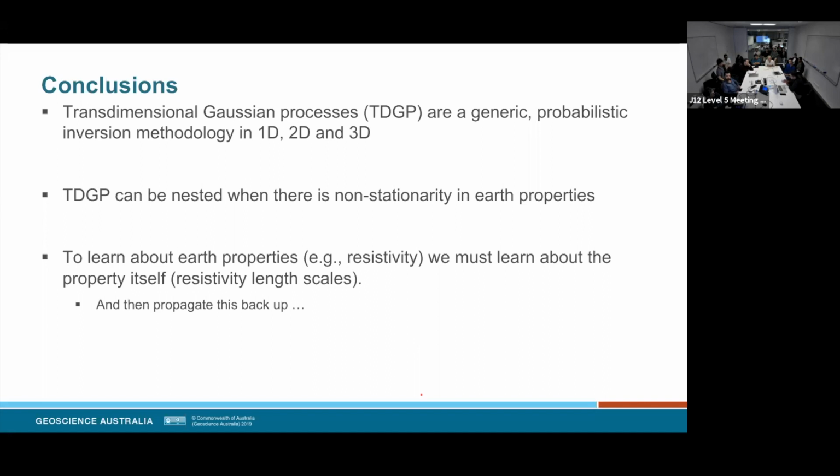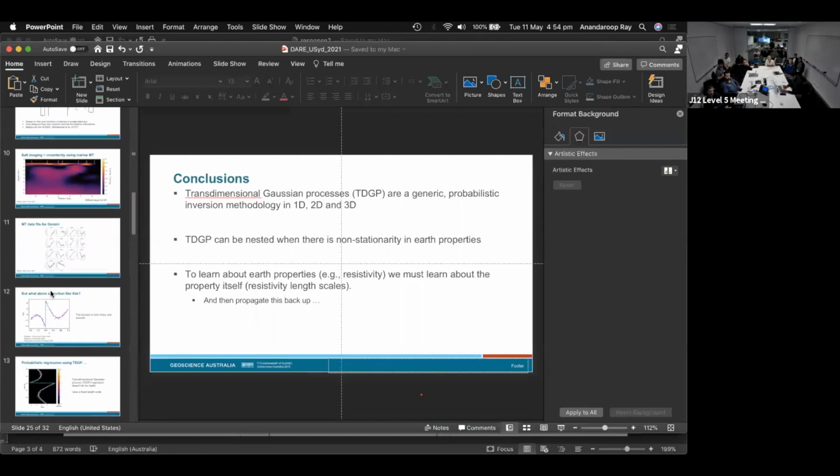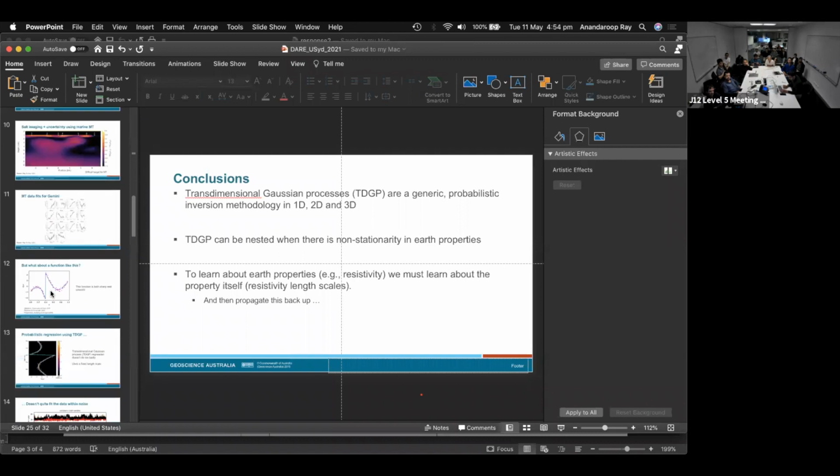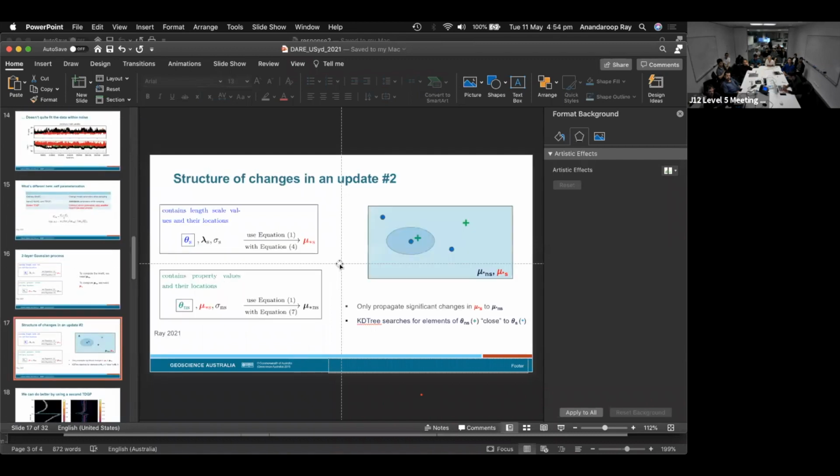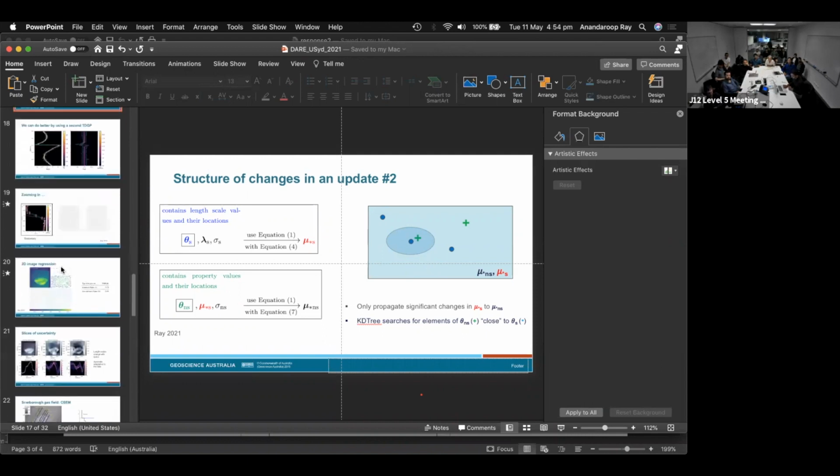So yeah, you can think of it as a Taylor series approximation. The length scales can be thought of as the inverse of the functional gradient at any point. And then you also have to propagate this back up. And this is where things get a little bit nasty, and that's why you had that diagram that I showed you, which was a little bit confusing, but when you read the paper, hopefully it makes more sense than my babbling about it. So you kind of have to propagate the changes back up from the stationary to the non-stationary model. And that requires a little bit of thinking. But as it's explained in some detail in the paper.